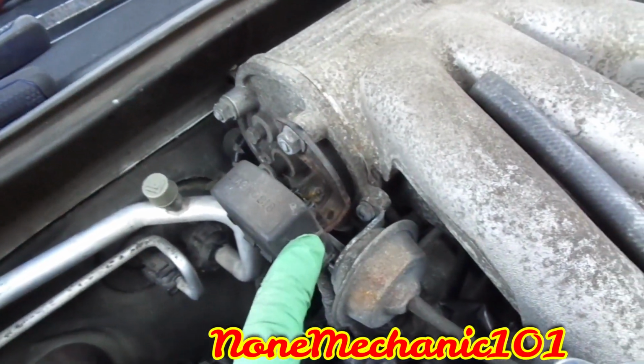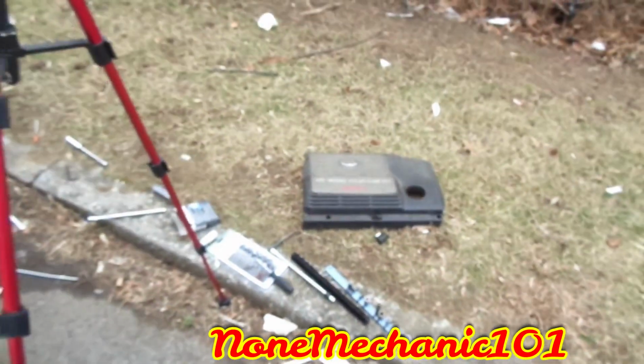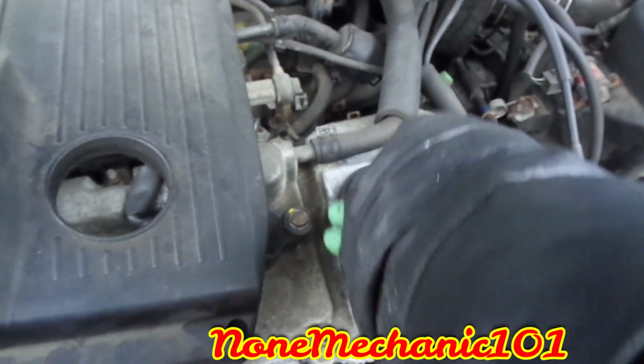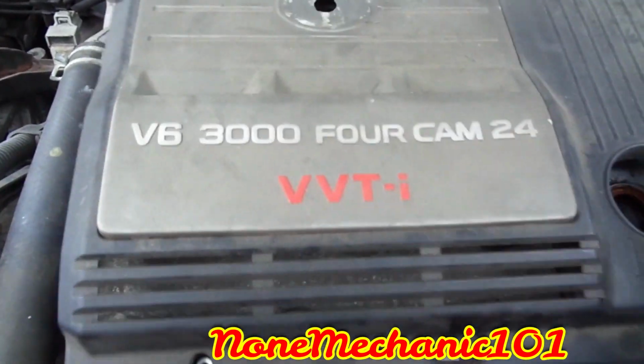And connect this. As you can see, all my batteries here, this one is also dying. Make sure you connect those. Make sure everything is connected. Gonna try to do it as soon as possible before the phone dies on me. I'll take the cap. Take this off right here. I'm gonna just connect these